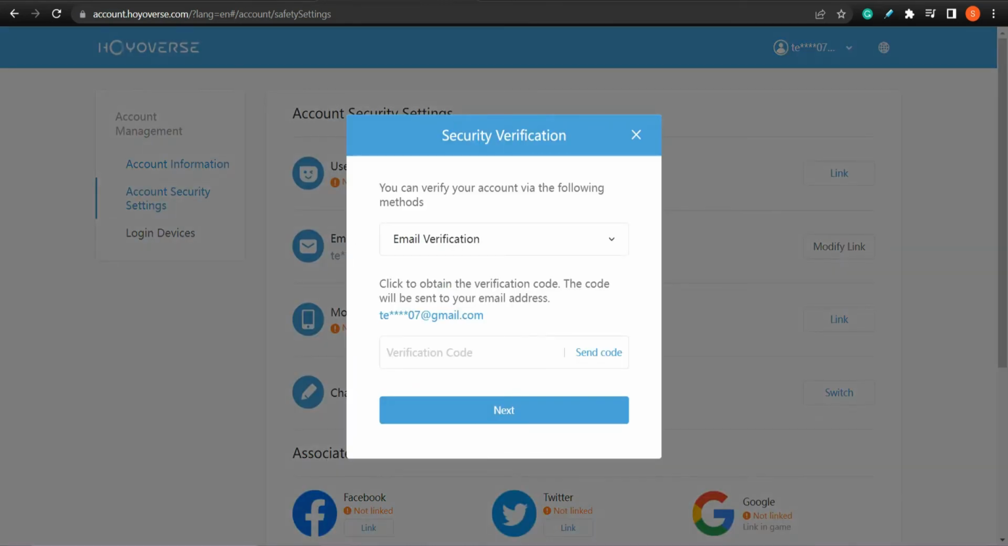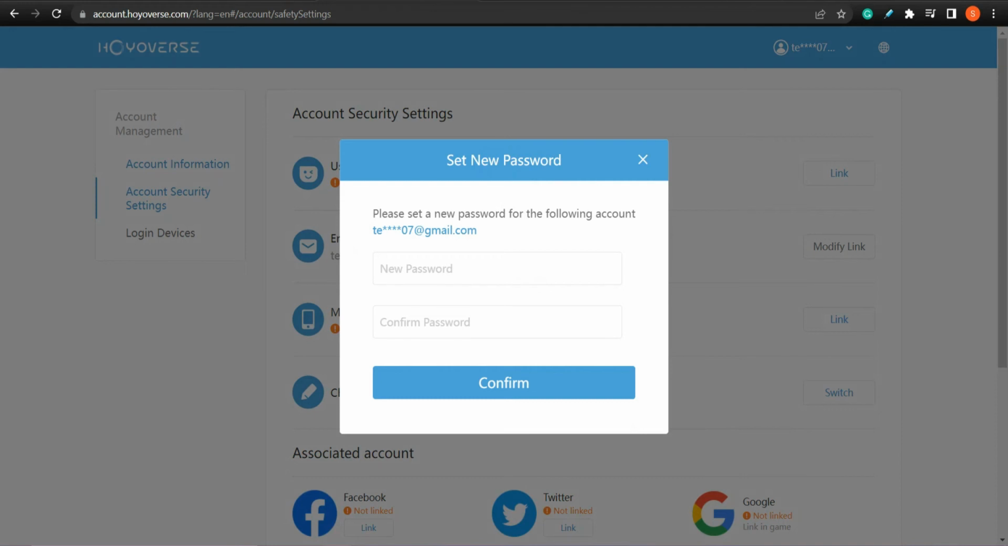Now you must verify your account. So select the method. I will be using my email. To get the verification code, tap Send Code and enter the code here. Tap Next. You can now create a password for your account